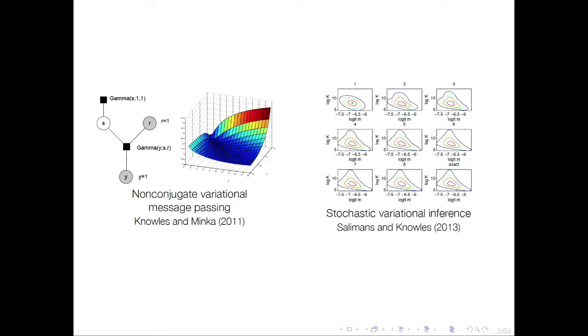Another class of methods I worked on are what are known as variational inference methods. These are deterministic alternatives to Markov chain Monte Carlo, which would be the default way of doing inference in Bayesian probabilistic models. And the work I did in this area had the aim of extending this class of methods to a broader range of probabilistic models.